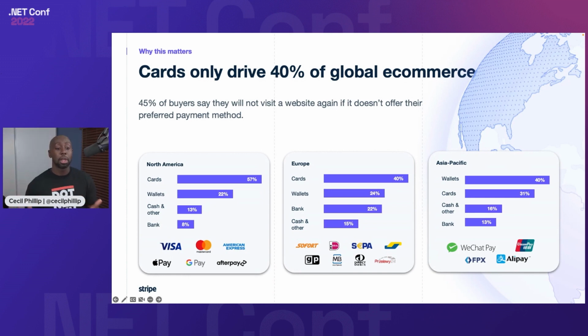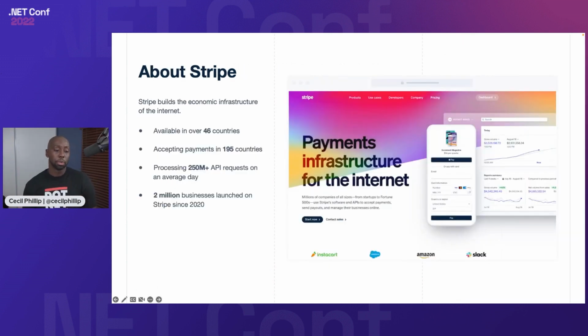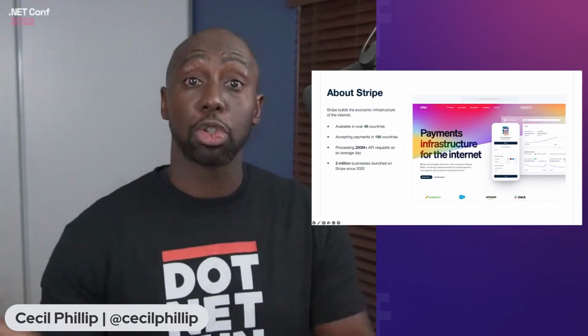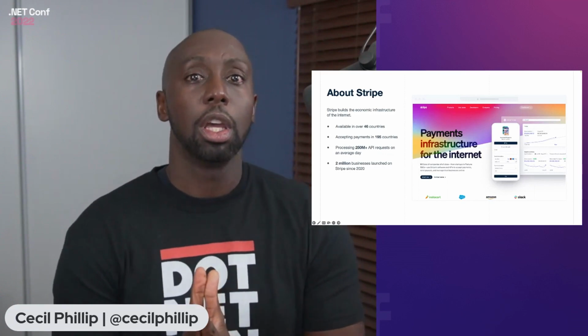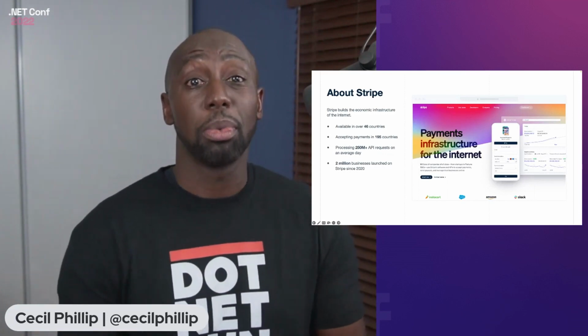And offer payment methods that are comfortable for them to be able to use. And so this is kind of where Stripe comes into play, right? Drum roll. And so Stripe, what it does is it tries to offer a global payment infrastructure across the web. Payments is just one of the many things that happens there, but it's probably the most common thing that you might know Stripe for today.